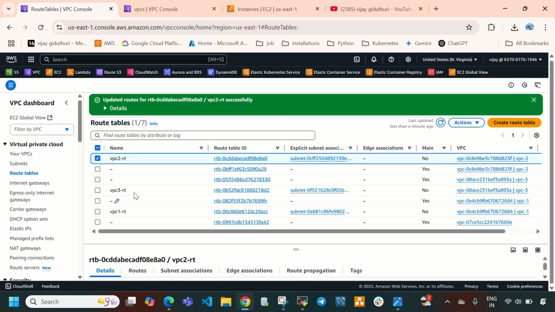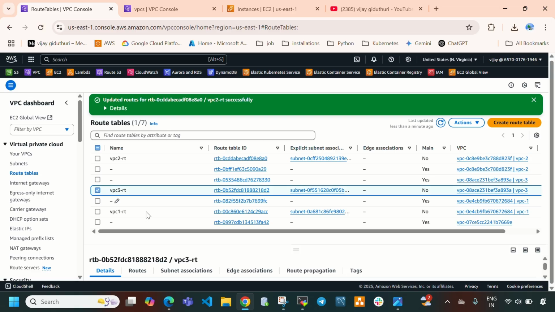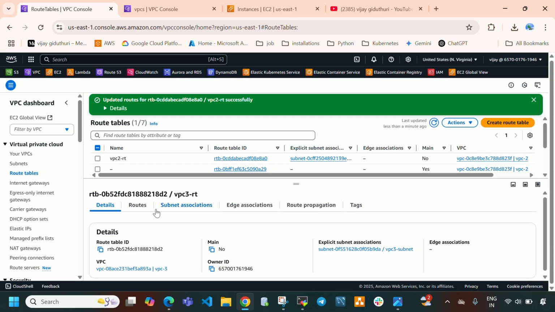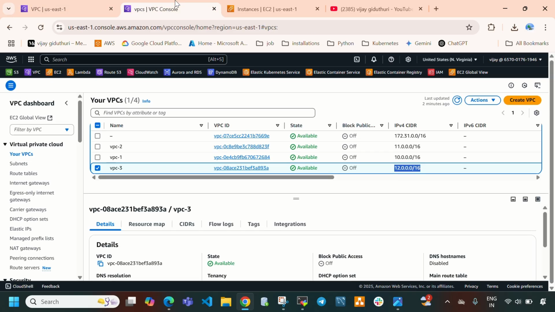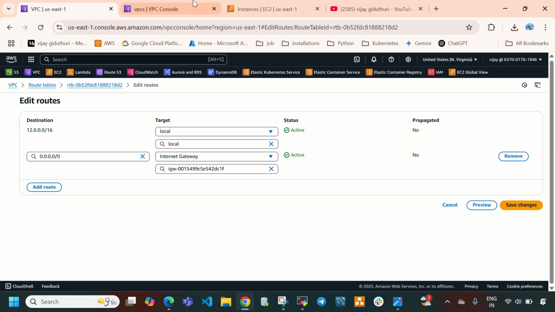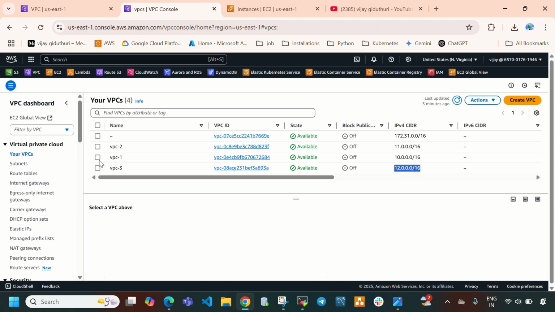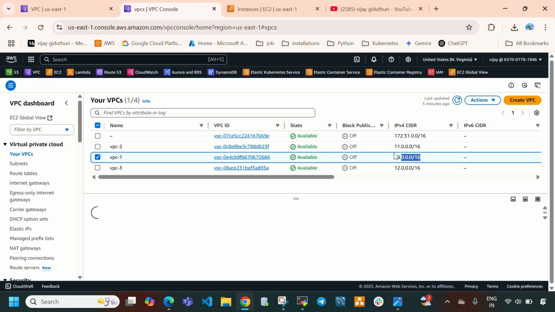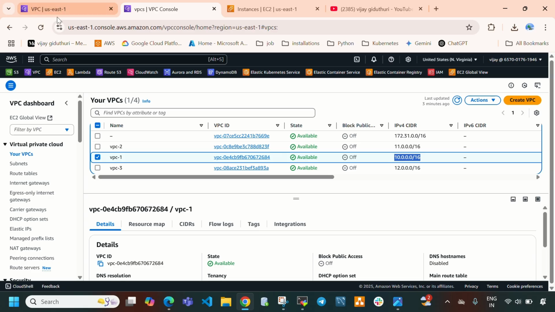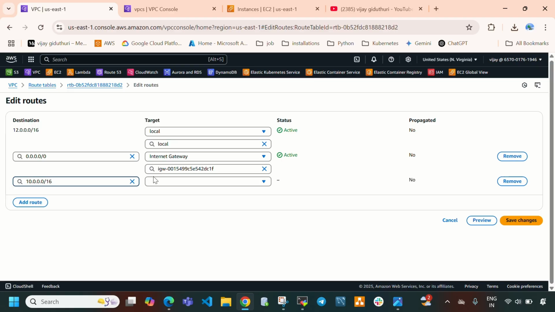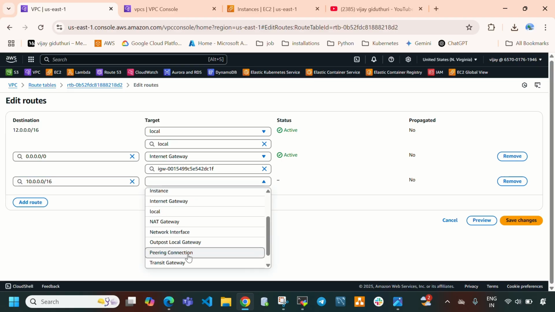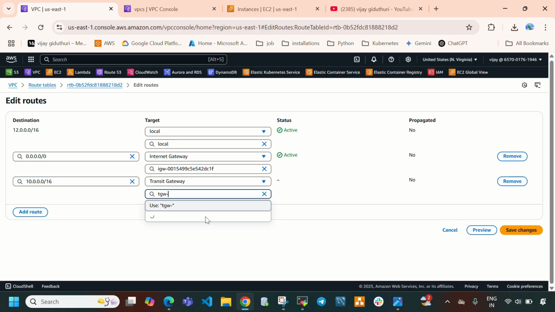Okay, so directly select here VPC3 and directly select here routes and directly select here edit routes, and inside this we need to update for VPC1 and VPC2. Okay, why? Because this is the VPC3 route table, right? So now directly select VPC1 and copy VPC1 CIDR and come here and add route and paste that CIDR here, and through transit gateway we are going to provide access.